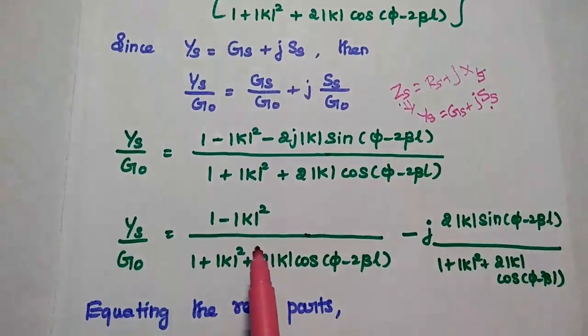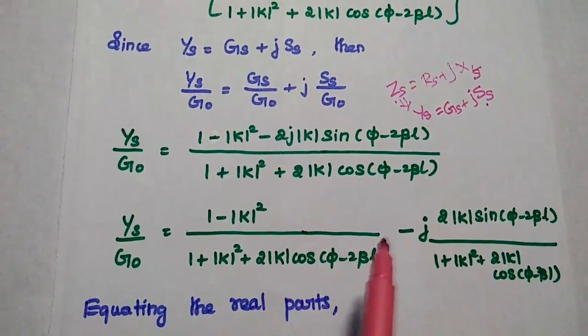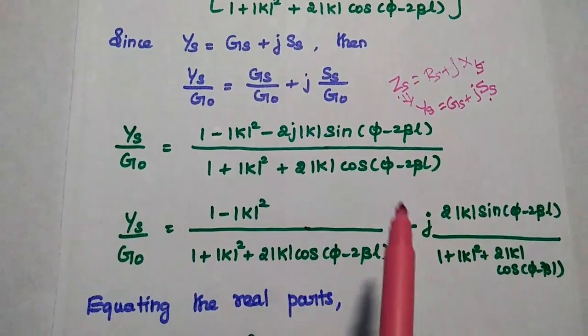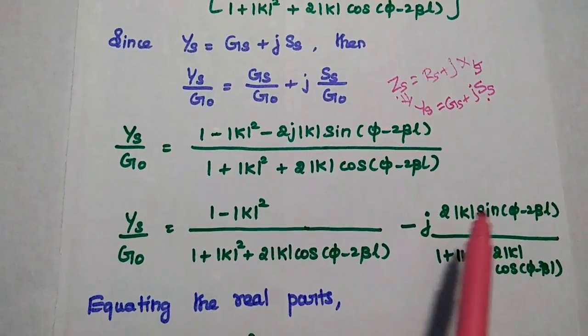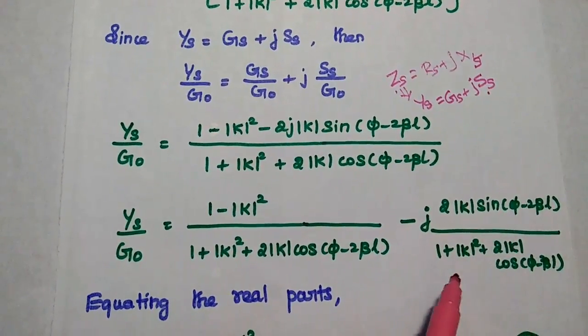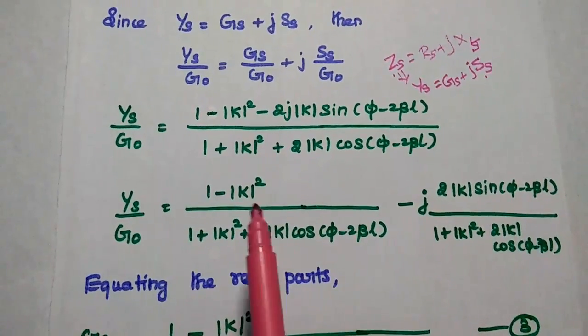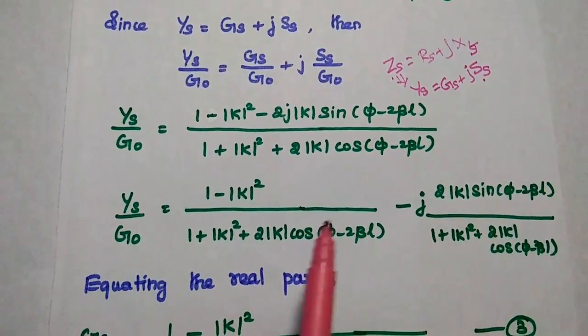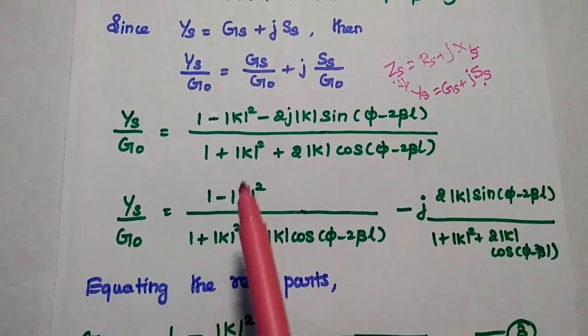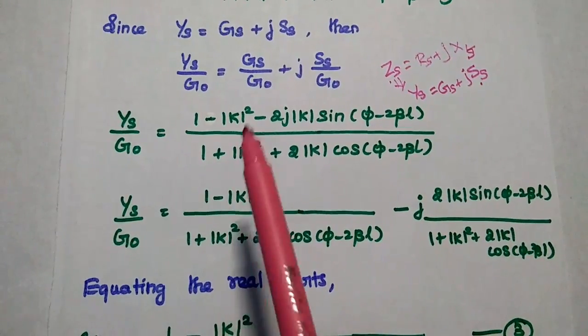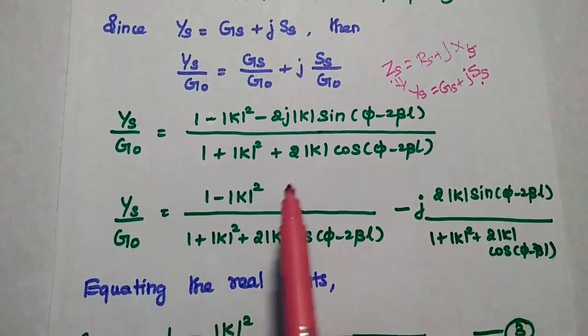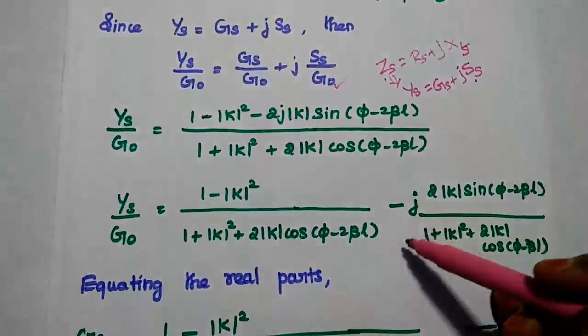So 1 minus k squared by this denominator value. Here it is minus, right? So minus j 2k sin(phi minus 2 beta L) divided by this denominator. So it is in terms of real and imaginary. In the next step, we are going to equate the real parts as well as imaginary parts of these two